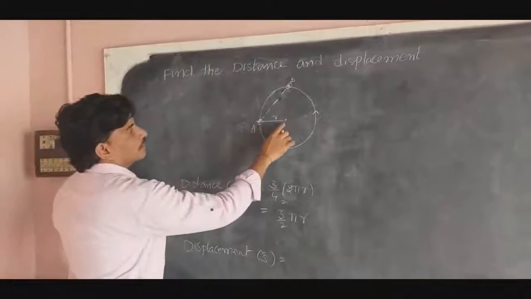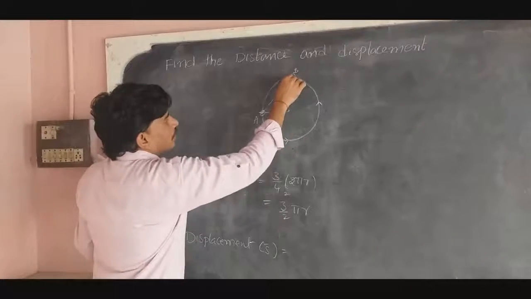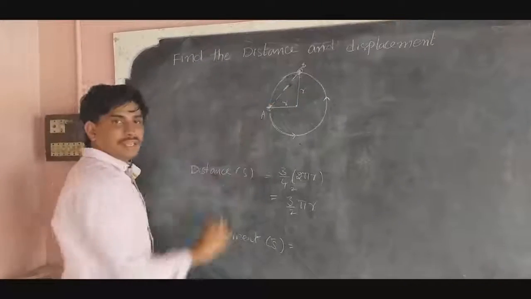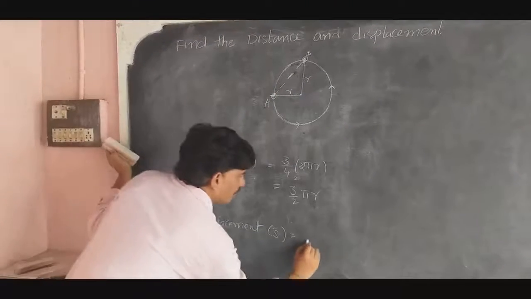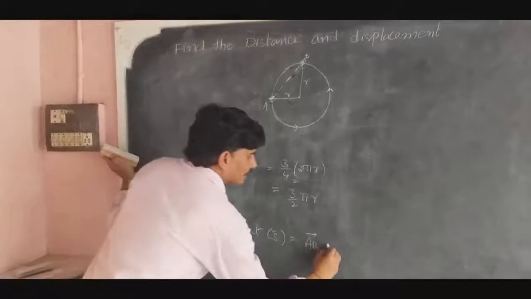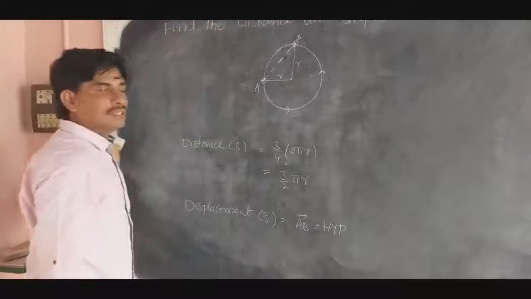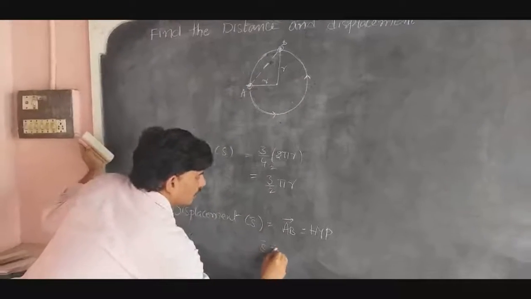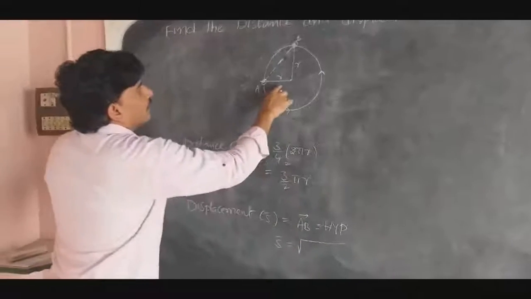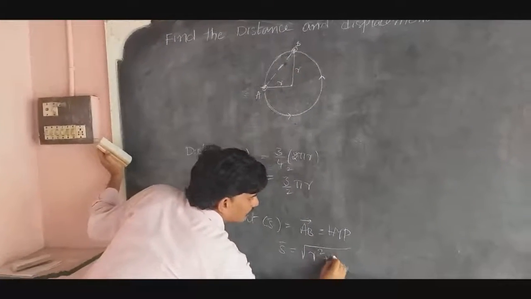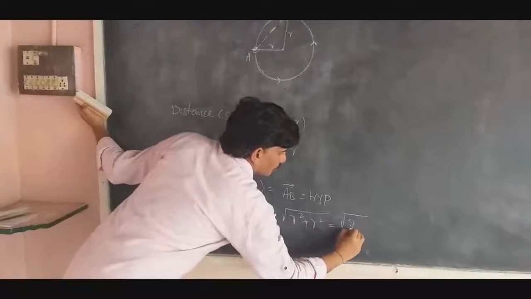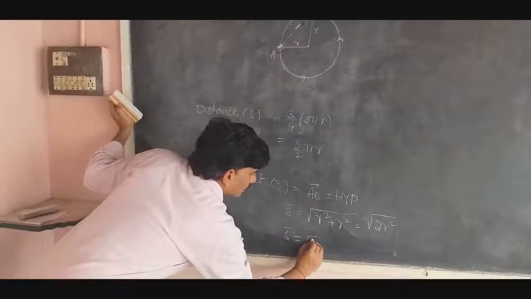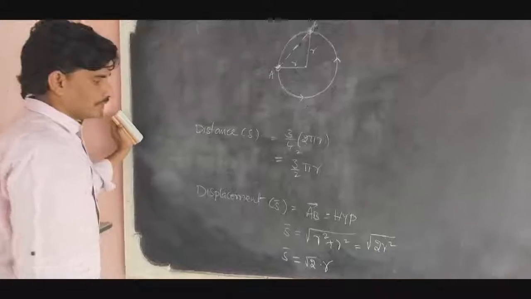Yes, you know, this is the distance r, that means radius, and this is also r only. Then that is also r. Then what is the shortest path? It is obviously a hypotenuse. So the length of AB is a hypotenuse here. When the radius is r, then obviously the displacement is equal to side square plus side square. That means r square plus r square. The square root of 2r square, or you can write displacement is root 2 into r. So this is the displacement.